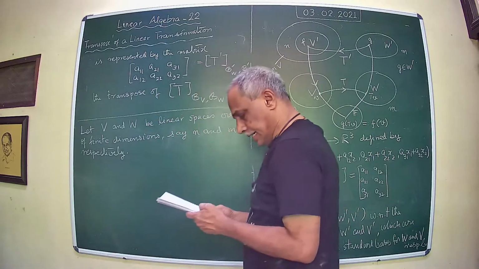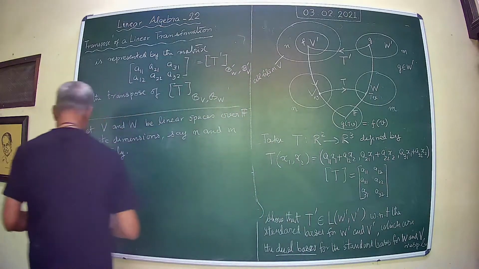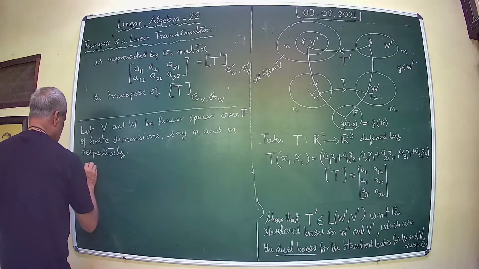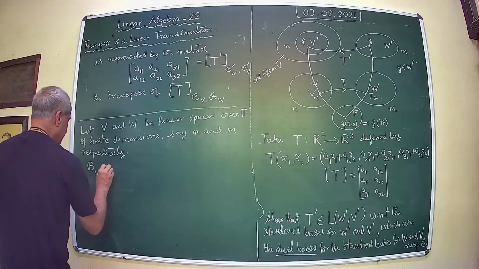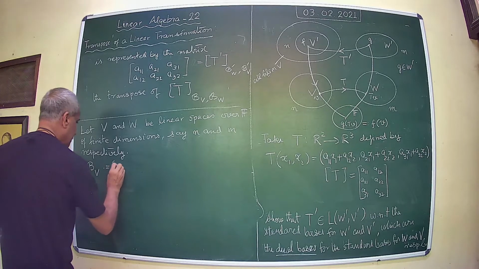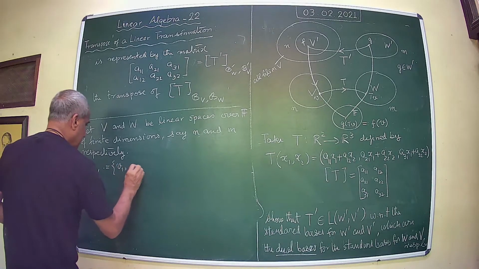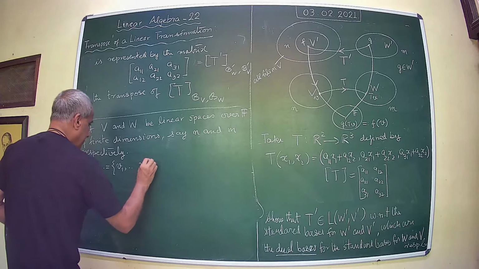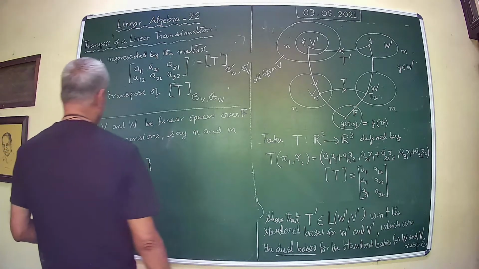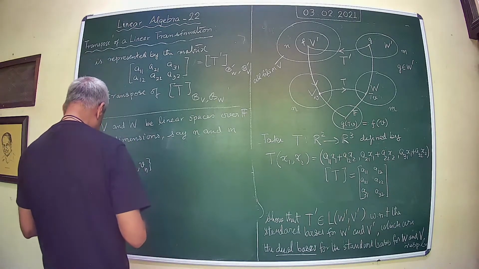Then we take a basis. We define by B_V, b1 to bn, and then the dual basis for